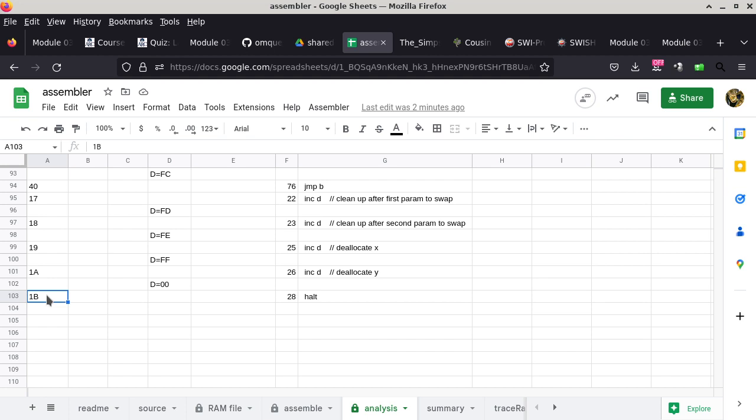So is that okay? Is that helping? All right. Any questions related to the swap subroutine? No questions? All right. So if there are no questions about this, then we're going to get into the last